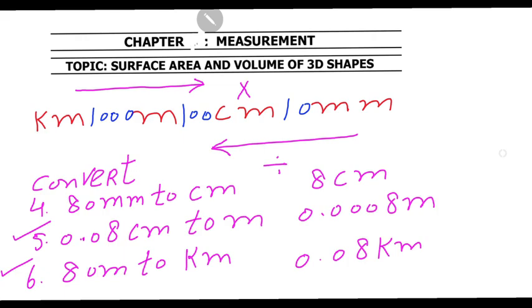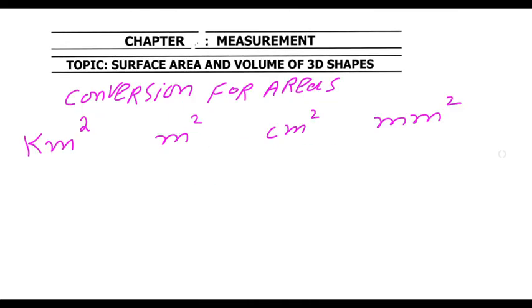I'm going to show you conversion for areas also now. Conversion for areas: kilometer square, meter square, centimeter square, millimeter square, because for the area you must write the power square on the top. Now if I want centimeter square to millimeter square, then which means